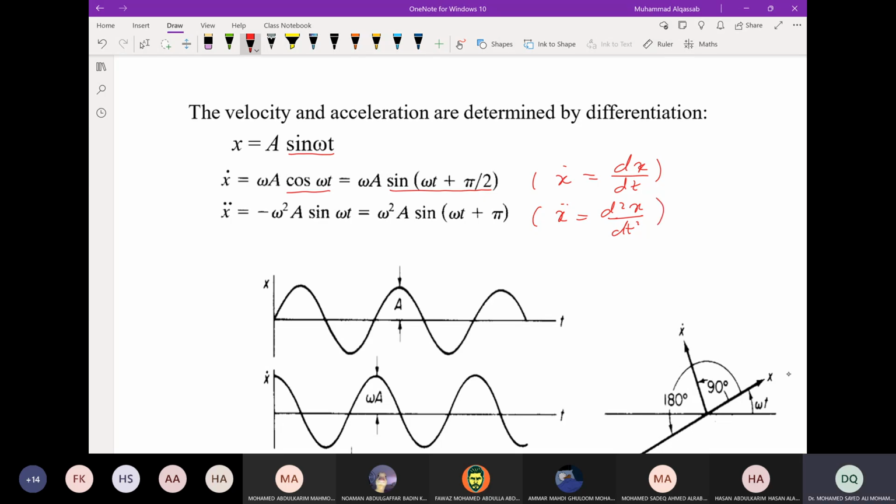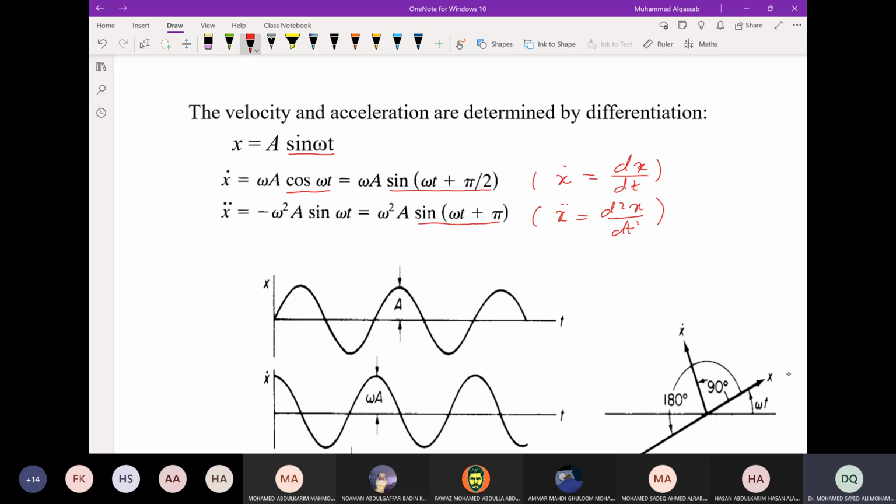So this becomes minus, derivative of cosine is minus sine. So there is minus omega square a sine omega t. The minus and the sine, it means that you can use sine omega t plus pi. Okay, and you take out the minus. The minus is included in the sine now. So omega square a sine omega t plus pi, which is pi, when you compare x double dot, which is